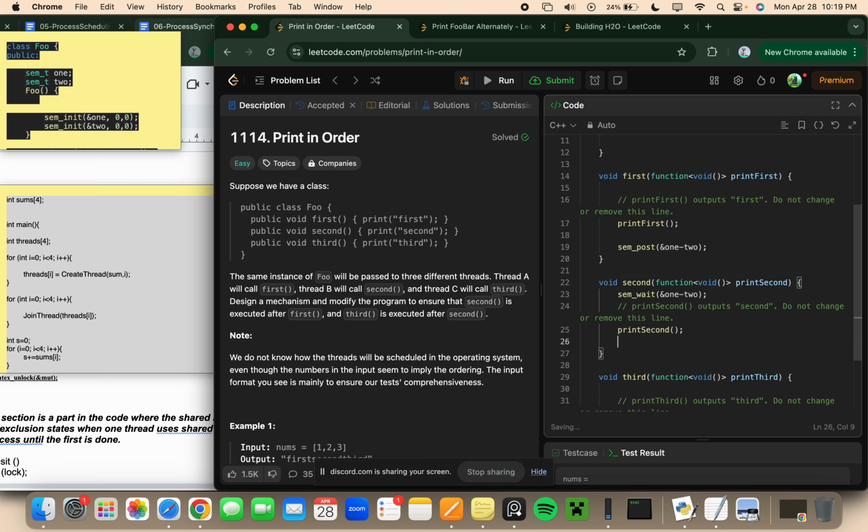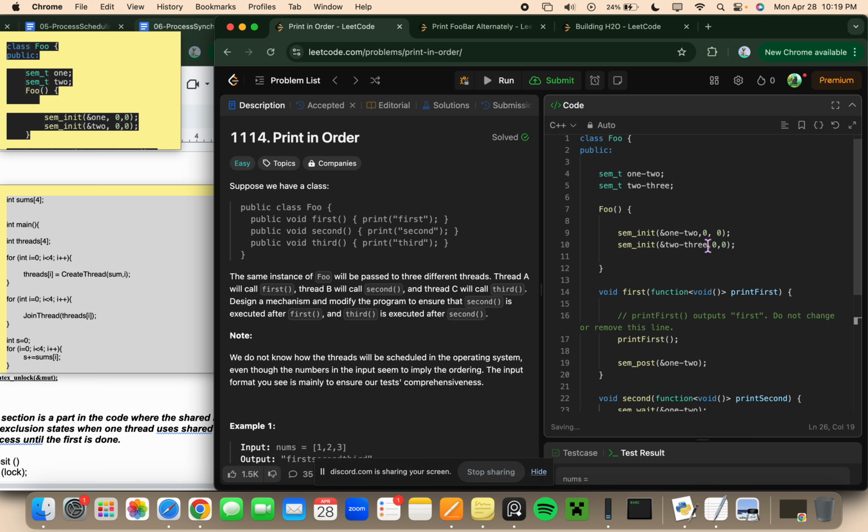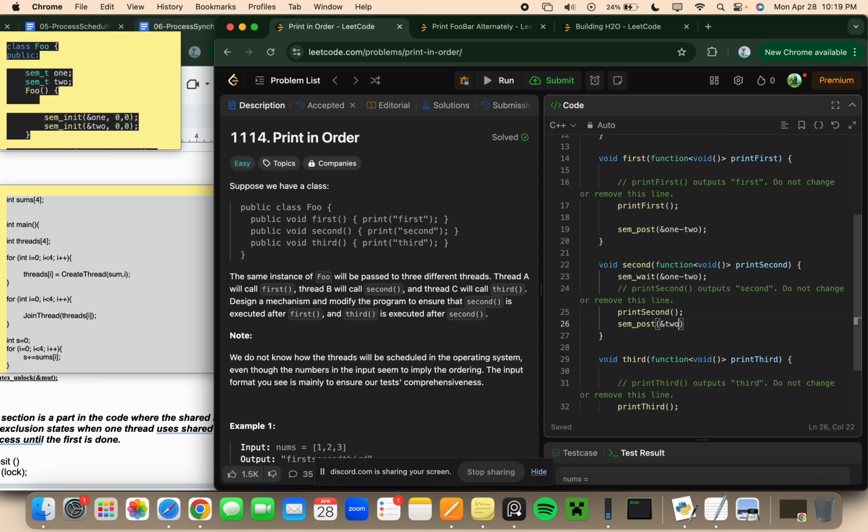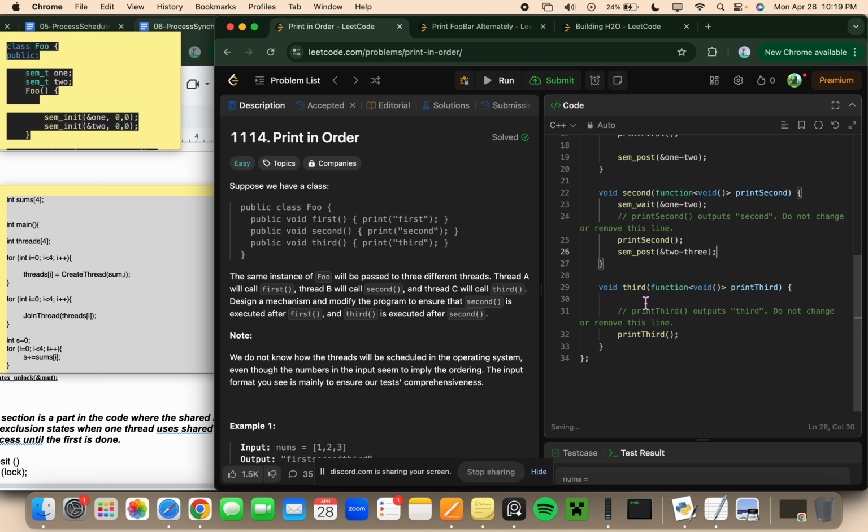Now, after it finishes that, I want to signal to the third process. And I'm going to do the same exact thing. Sem_post, this time to the other semaphore we made, which was the 2 to 3 one. And where does that go? Well, it goes over here. We're going to wait for it over here. Sem_wait